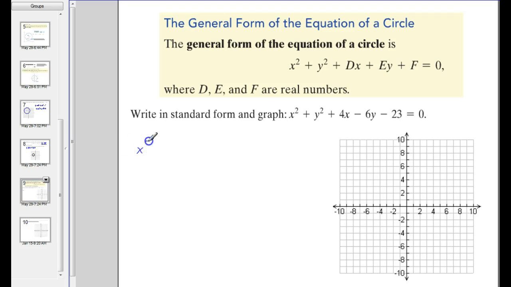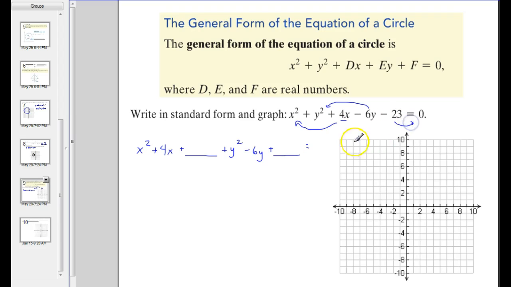So the way we do this is I'm going to regroup this. I'm going to put the 4x over here with the x squared. Then leave yourself a blank. Like write plus and then a blank. And then switch to the y's. So now plus y squared, and then this 6y I'm going to join with the y squared, so minus 6y. And then plus, leave yourself another blank, equals, and then I'm going to take this 23 over